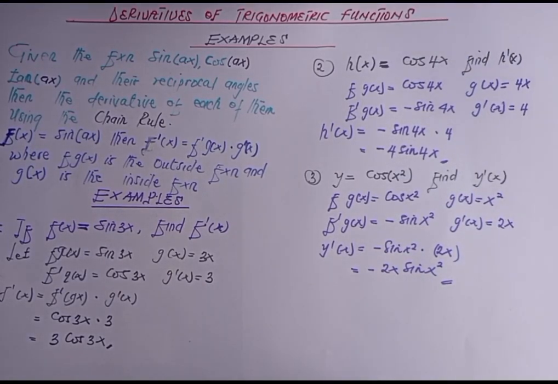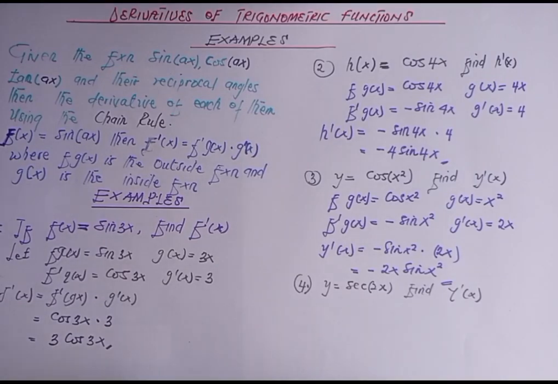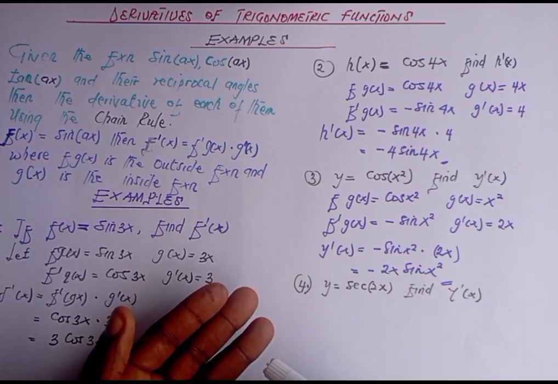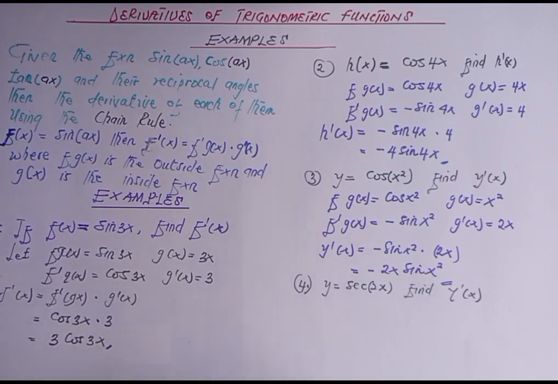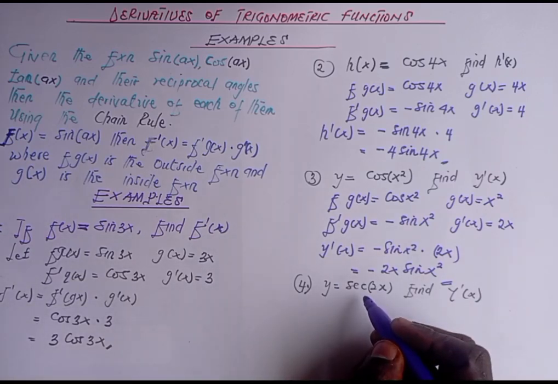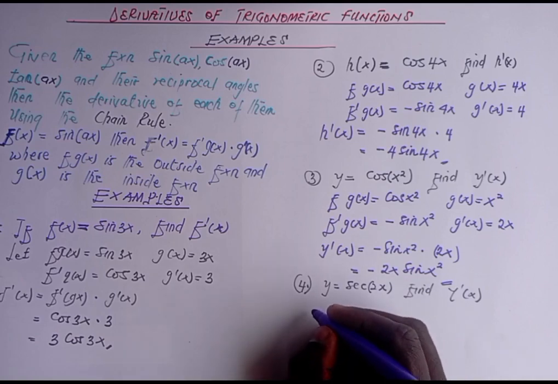Very, very simple. So how are we going to find the derivative of this very function, sec 2x? What we are going to do is to differentiate the outside function and then multiply it by the derivative of the inside function. And we know that this is sec. So when we differentiate sec, we write our